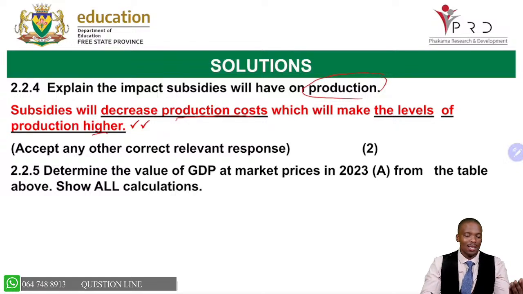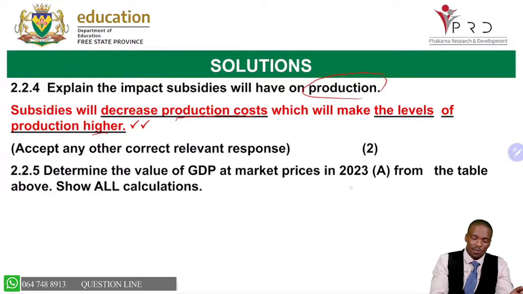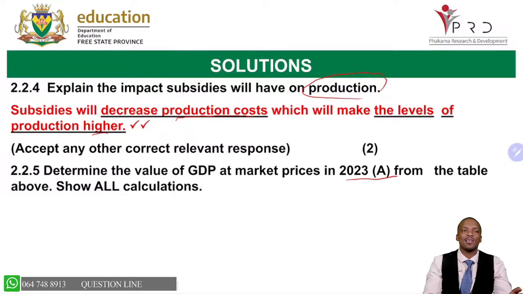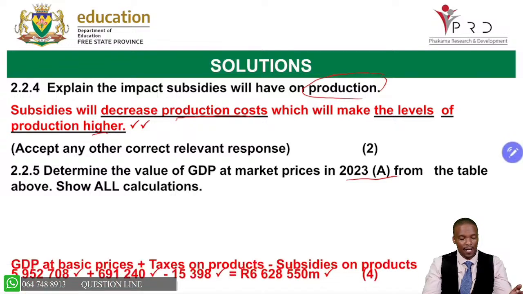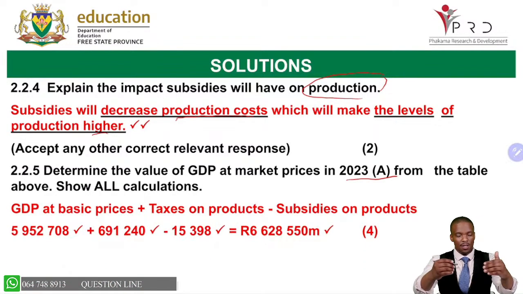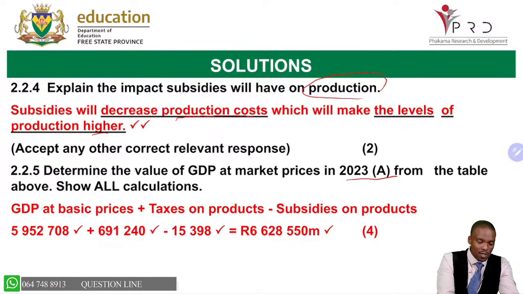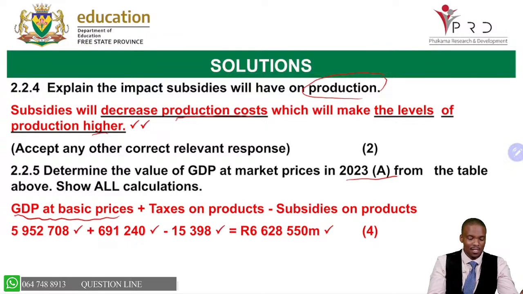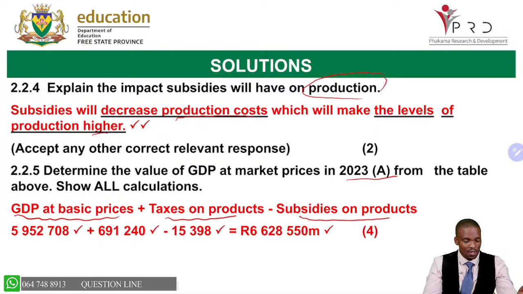The last one, determine the value of GDP at market prices in 2023, which is what? Which is A. We usually tell you that they'll leave it as A, then you need to calculate that. Okay. Now we are going down to get the market prices. What are we going to do? We are going to tell the examiner to say it is the GDP at basic prices plus the taxes on products minus the subsidies on products. In this way, we get what we call